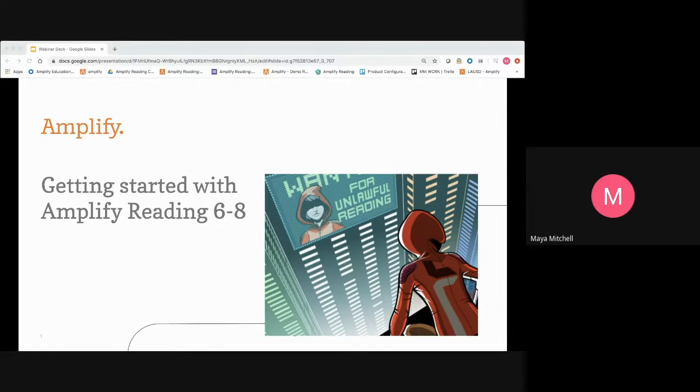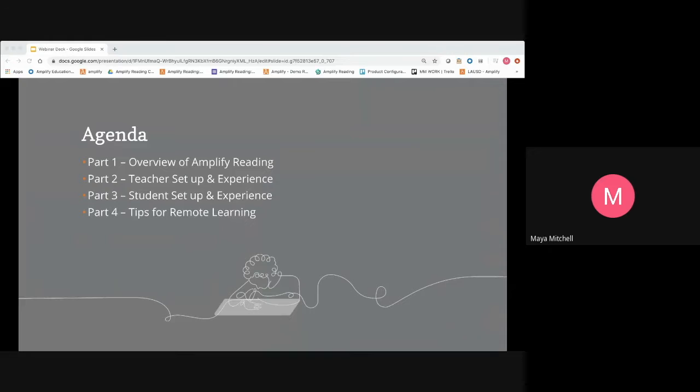Welcome to Getting Started with Amplify Reading 6-8 edition. In today's session, you'll hear a brief overview of Amplify Reading, learn how to log in and get started, learn how to help your students get started, and learn how to review information about your students in your teacher reporting app. Before we end, we'll also review some tips for how to best use this program to support your remote